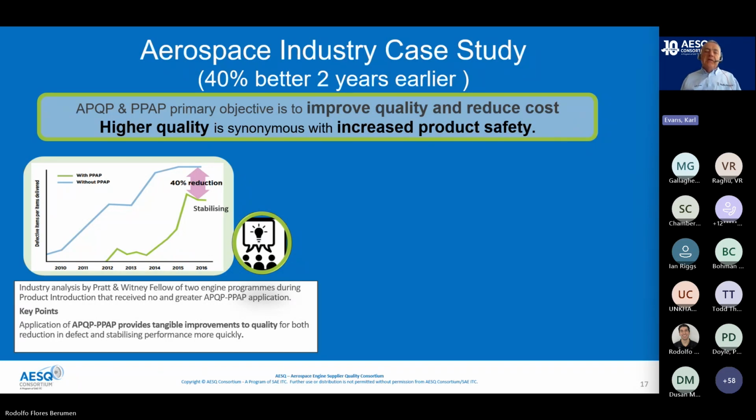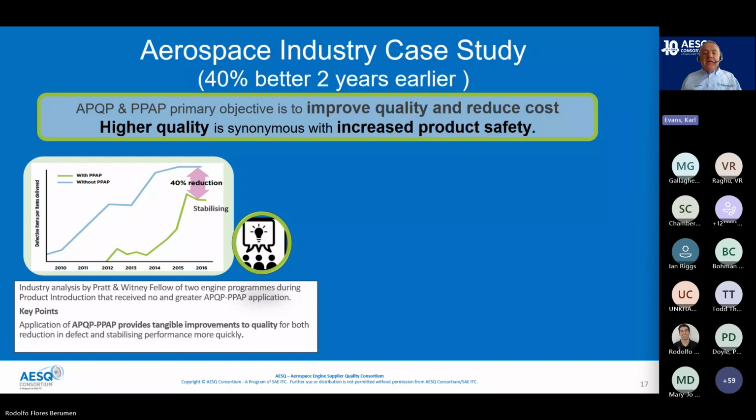Reminding ourselves about APQP and its objectives, it's all about improving quality and reducing cost. What's really important in regards to those statements in our industry is that high levels of quality are absolutely synonymous with increased product safety. So the case study I've drawn on here, and if you could reveal one more piece, please,